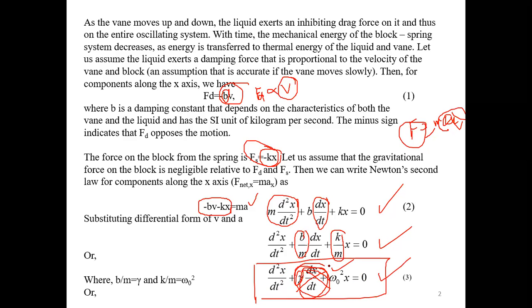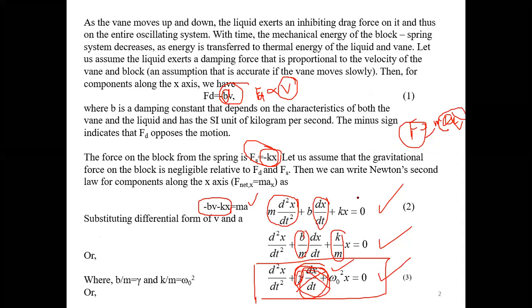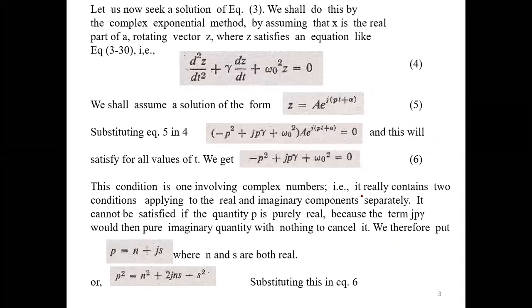And this term appears because, if you look at the previous case, of the presence of this vane. Okay, this is the damping factor. So without the damping factor, this becomes a simple harmonic motion. Okay, so now as before, we need to find the solution of this differential equation. In your math class, you have studied how to solve differential equations. To solve a differential equation, you need to choose a trial solution. Before that, what we did, we shall at first